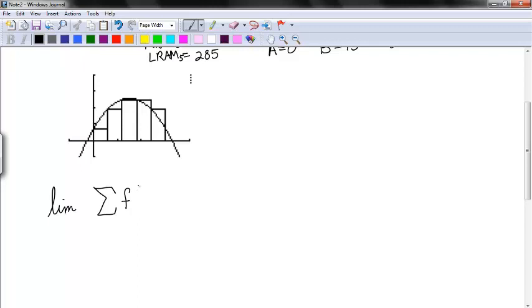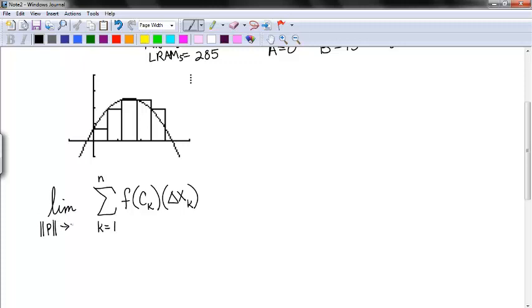Instead of using f of x, they're using f of c sub k times delta x sub k, and delta x is the change in the width, or the width of each rectangle. And k is going to go from 1 to n, as the norms